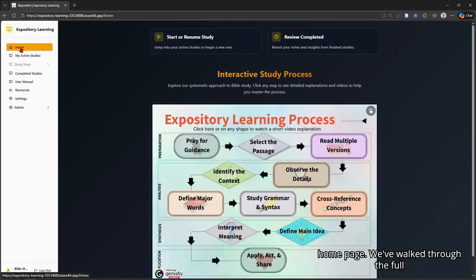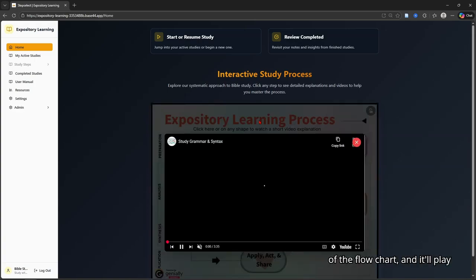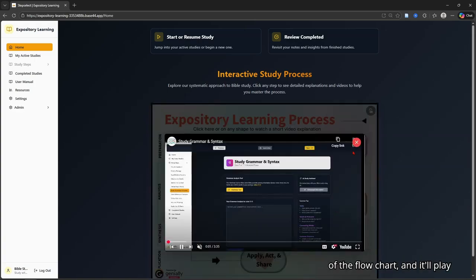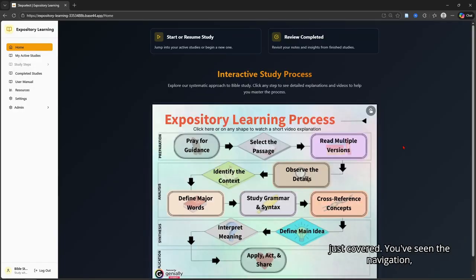We've walked through the full 11-step expository learning process, along with demonstrating how the chronological flowchart guides you through each stage. This video stays right there on the site. Anytime you need a refresher, just click the title of the flowchart and it'll play again to walk you through everything we just covered. You've seen the navigation, the note-taking, the Blue Letter Bible tools, and how it all comes